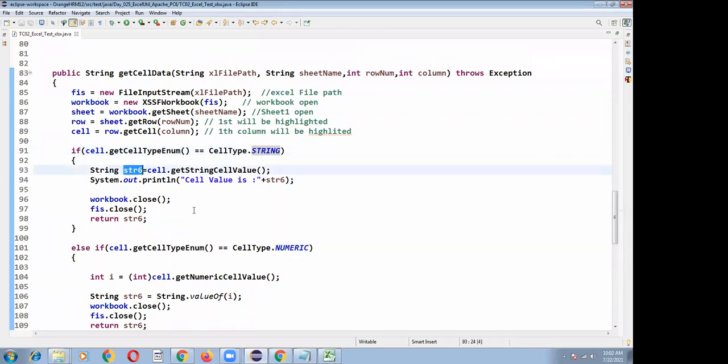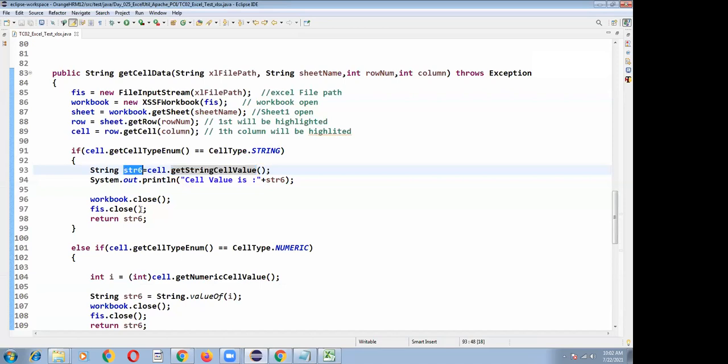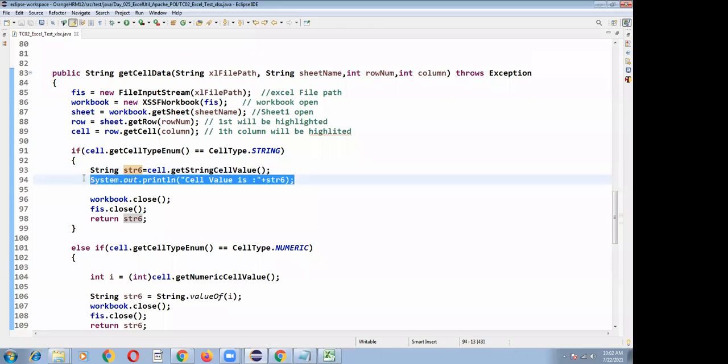String str6 is equal to cell.getStringCellValue. This is the predefined method in Apache POI. Whenever this line executes, whatever the cell value contains will be stored into str6. And I'm printing my cell value is str6, so this value will be printed on your console.